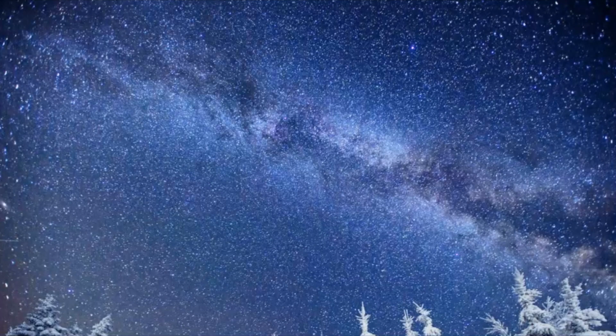Before we dive into the similarities and differences of the Milky Way and Andromeda galaxies, I wanted to go over a few pictures to make sure you know the differences of what they look like in the sky. The Milky Way is very obvious to see. It's this big, huge, cloudy band that spans across the entire sky, whereas Andromeda is a much smaller piece of real estate in the sky,